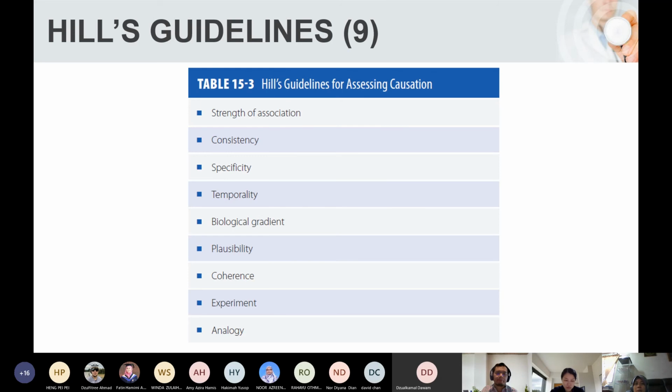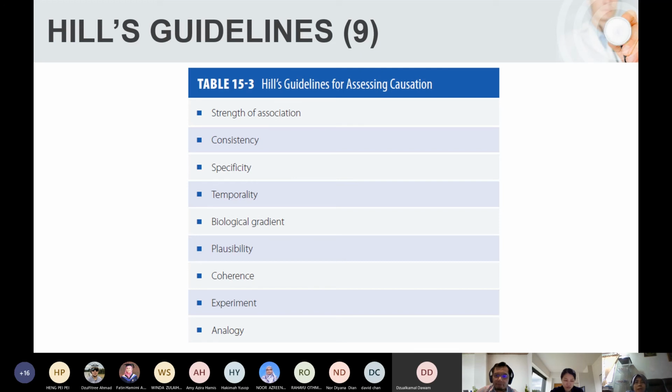There are nine points. Ni try to memorize and understand what it is, because ni quite common, quite favorite exam question. His guideline sometimes kasih scenario and then which this scenario fulfill or fit to which criteria. Ada juga macam tu. Ada juga write short notes on his guideline. Ada juga macam tu. Okay. Sebab selalu banyaknya scenario fit into which component.